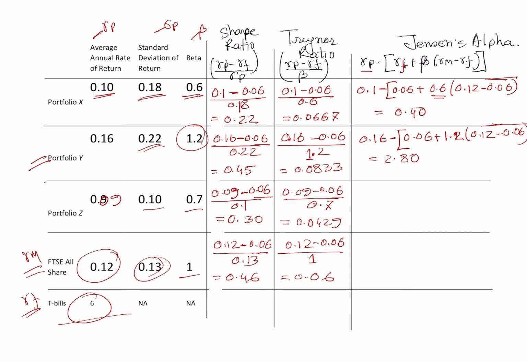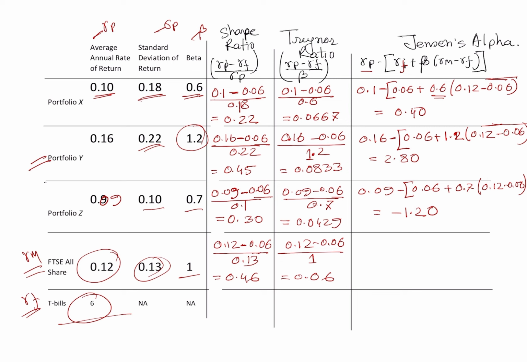For portfolio Z, this one is 0.09 minus 0.06, which is the risk-free rate, plus beta 0.7 times 0.12 minus 0.06, and that will give us a negative 1.2. So now, if I want to look into which one is performing better, let's look into